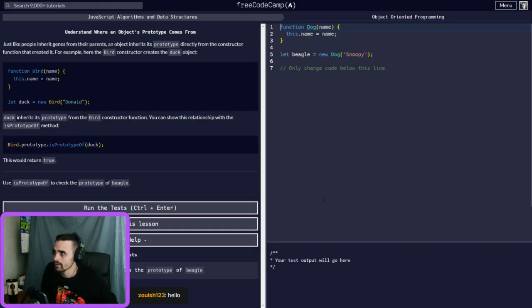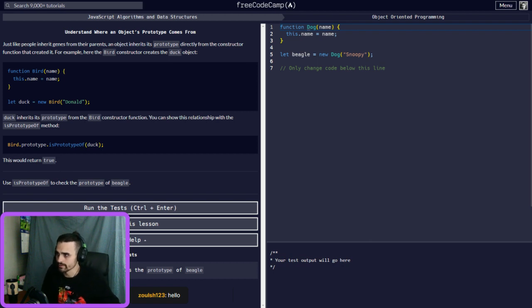Okay. Just like people inherit genes from their parents, an object inherits its properties directly from the constructor function that created it, right? So for example, here the bird constructor creates the duck object, because it's inheriting everything from here. So duck inherits a prototype from the bird constructor function. You can show this relationship with the isPrototypeOf method. This will return true.